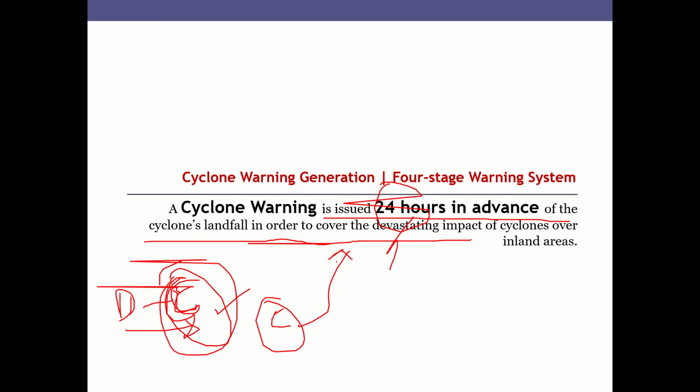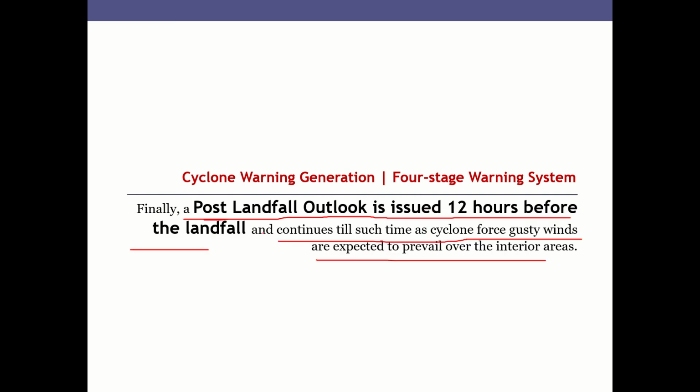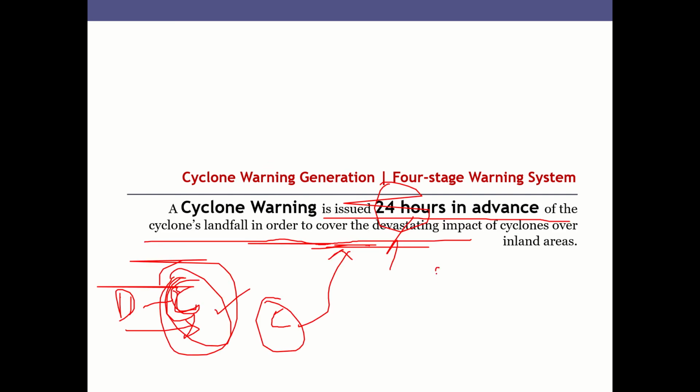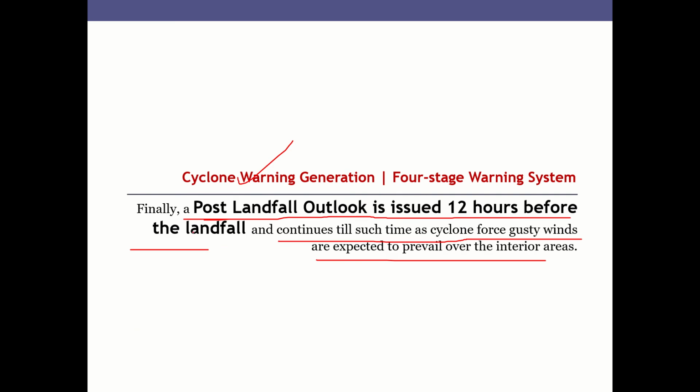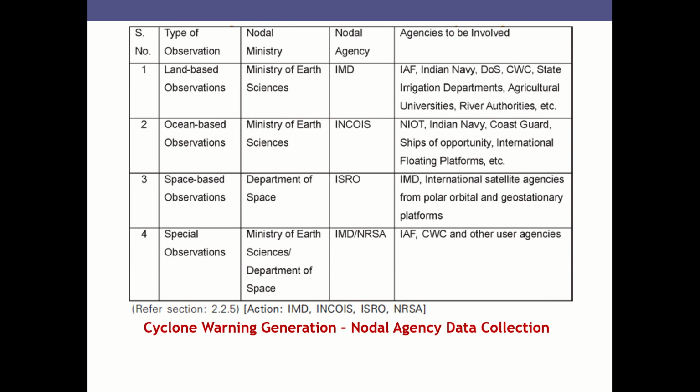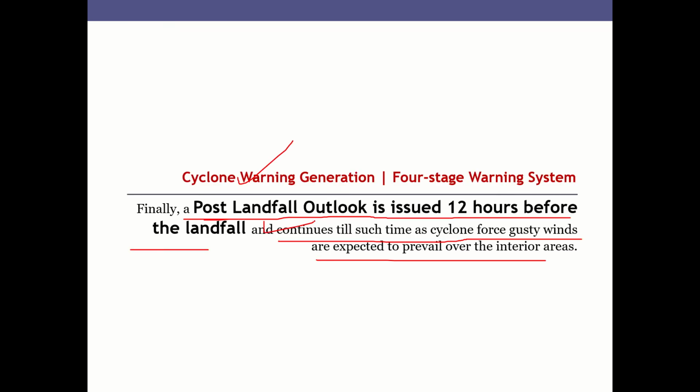Okay, so after the cyclone is formed, you must have observed at least, where we say that at 3 p.m. it is expected that the cyclone will make landfall. It will hit the land surface. So this kind of warning system is adopted throughout the country to inform about the cyclone formation and its impact.